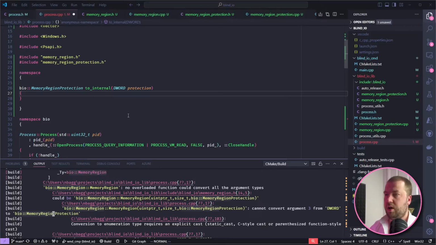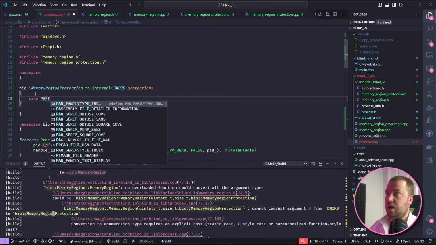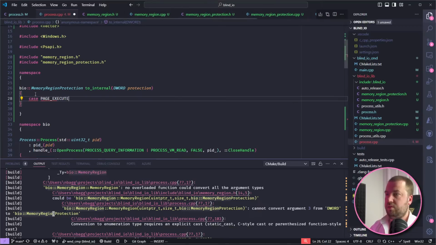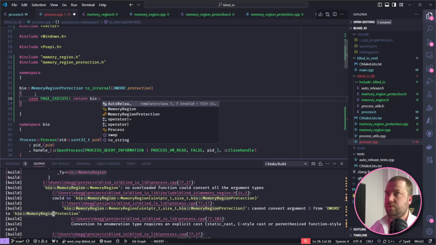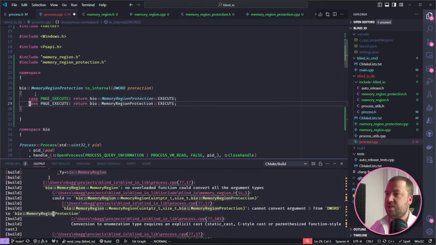So case PAGE_EXECUTE, return bio memory region protection execute. Hopefully you can kind of see where this is going now. So let's do the standard one.